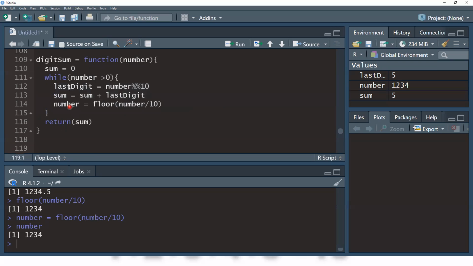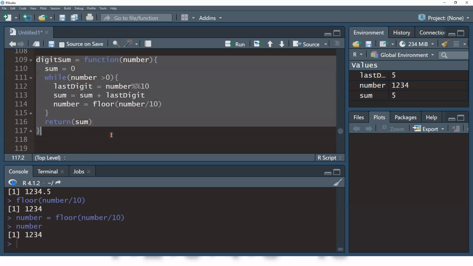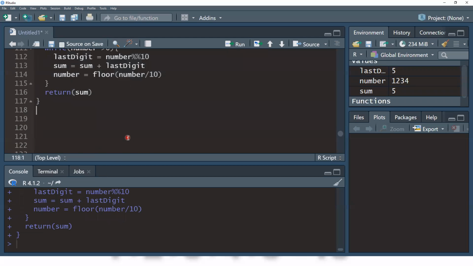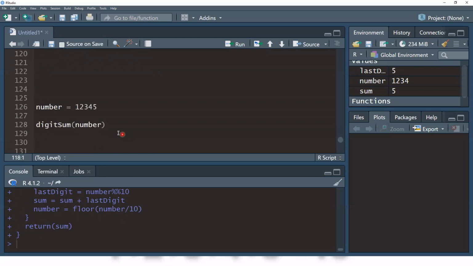So we run this program. This function called digit sum, and the input is a number. Run it, right? We have the program here. So now the number is 1, 2, 3, 4, 5.